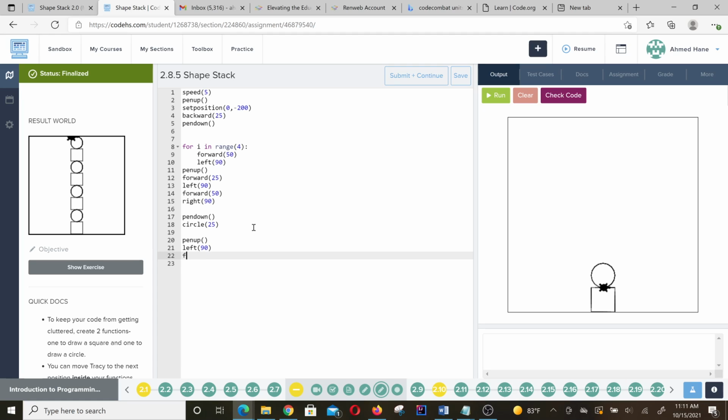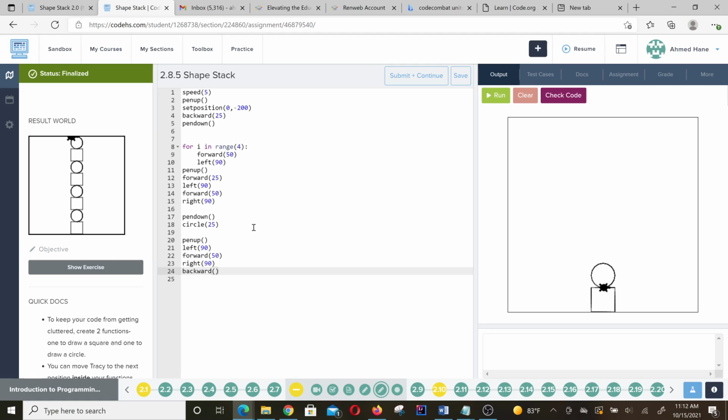All right, we want to move forward 50. Okay, move forward 50. We want to turn right 90. Right, and then we want to go